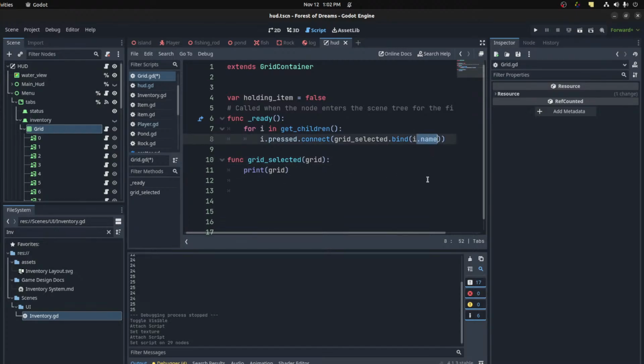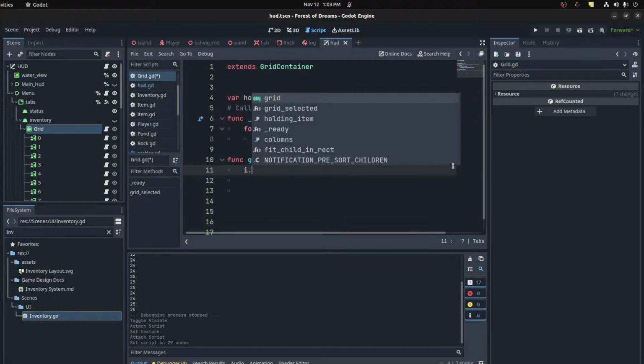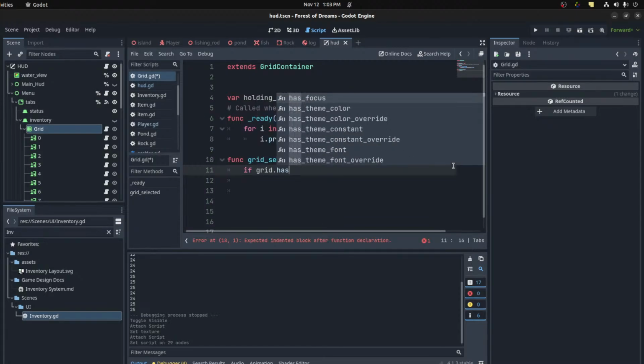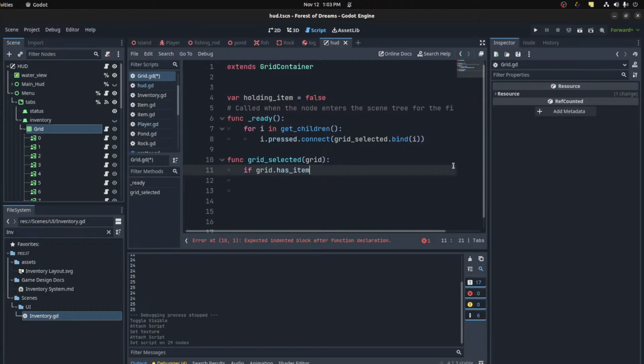Should pass the grid itself. And then that way I could check, I'm trying to think how to do it. So if grid selected, so grid, if grid that has item,